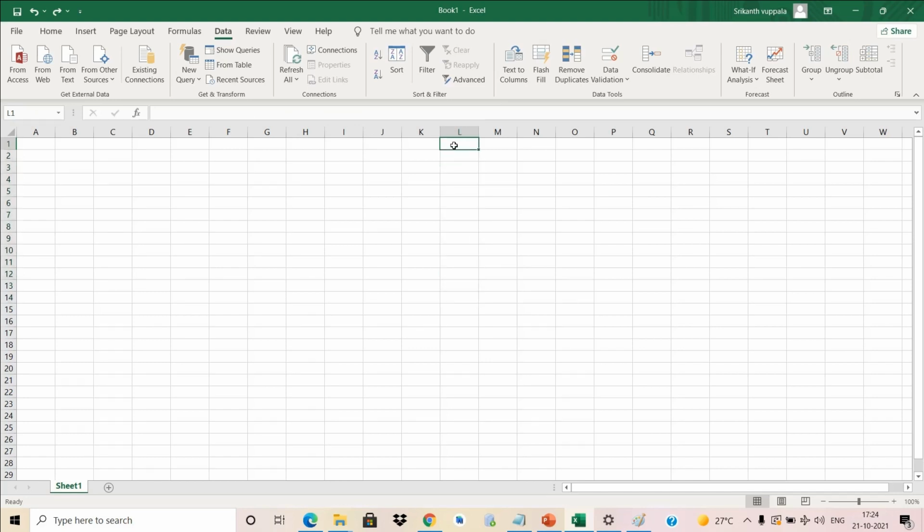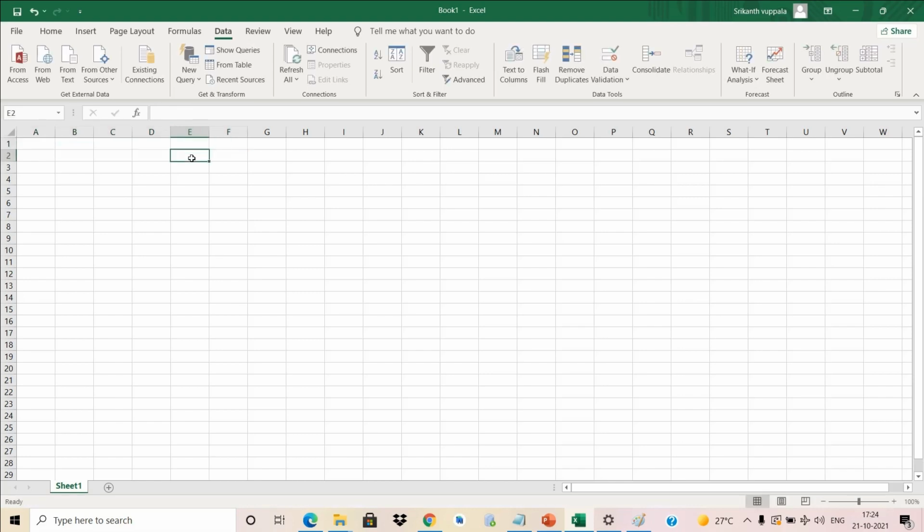Let us see what is a cell. This box which says A1, it is called a cell. If I select multiple cells, this is called a range. There is another box beside the name box, this is called formula bar.